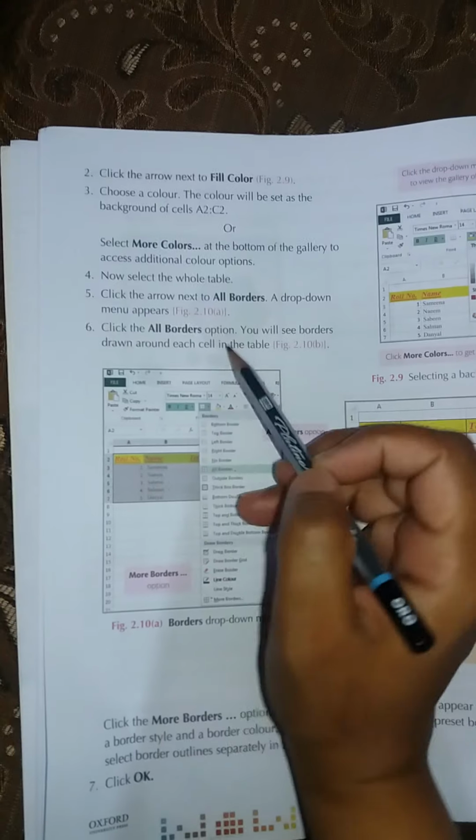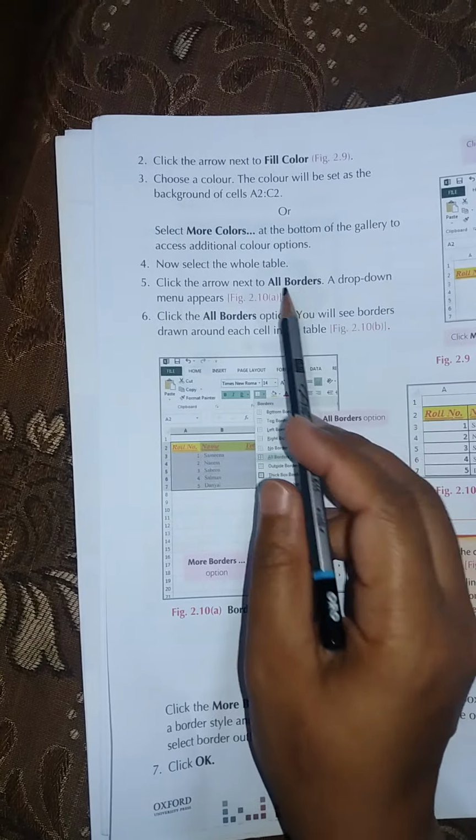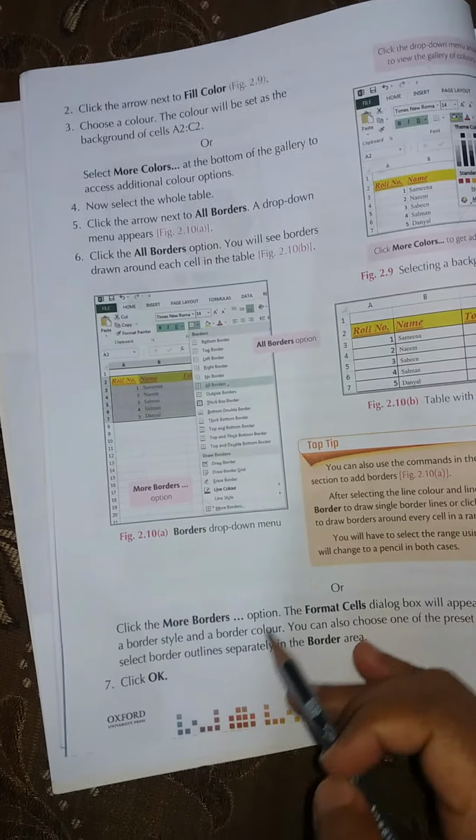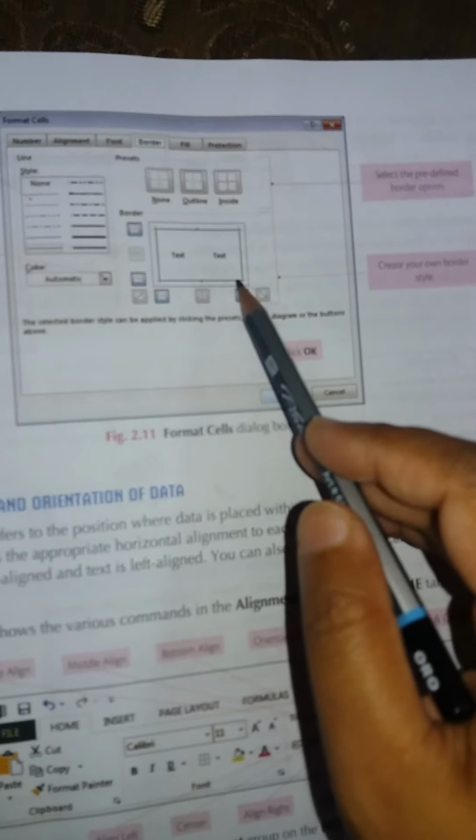Here are some steps which you will follow to change the fill color, more colors, all borders, and when you give it a border, you will click OK, and then here comes the border as well. Understand?